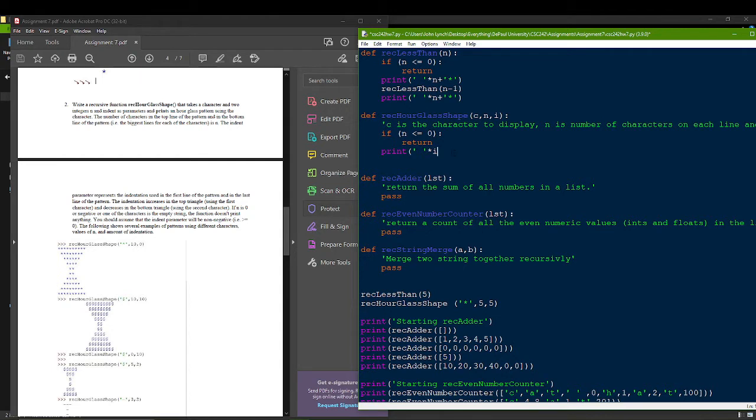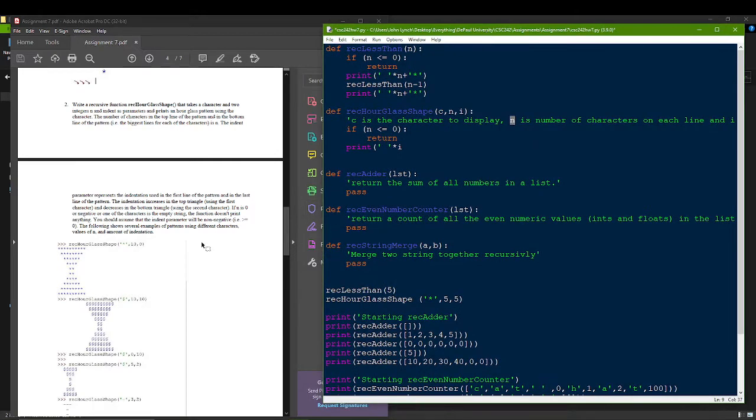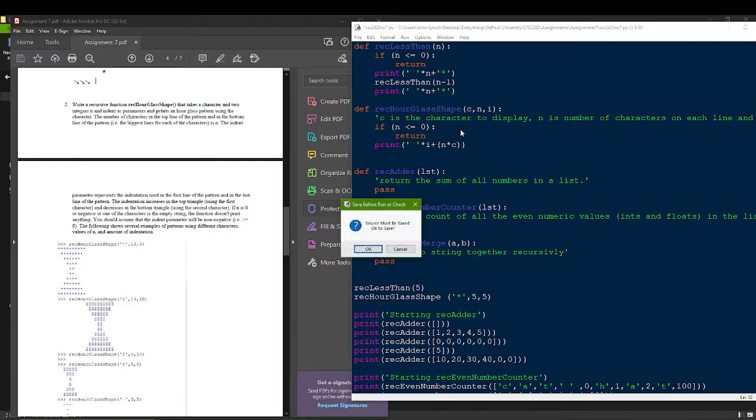And now what I want to do is try to print out how many characters are there. Print out C a total of n times. So again, if my C is an asterisk and my n is a 10, I have 10 asterisks. So how do I actually print out the amount of characters n times? Well, I can simply concatenate n times C to my overall logic there. So now if I try to run this guy,